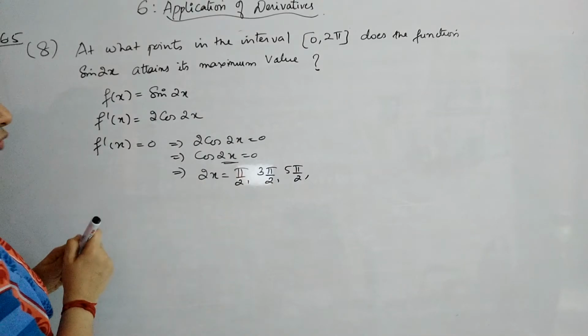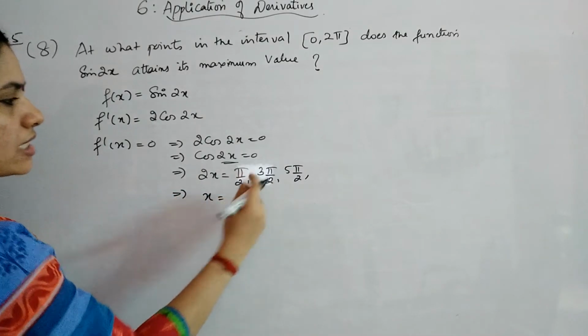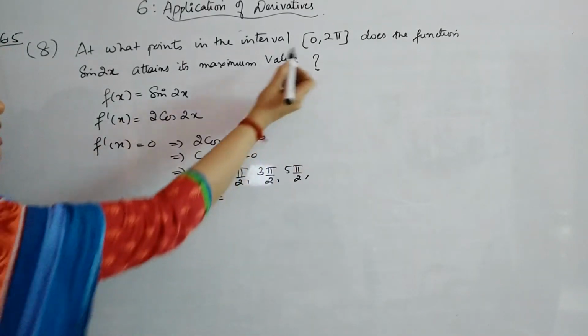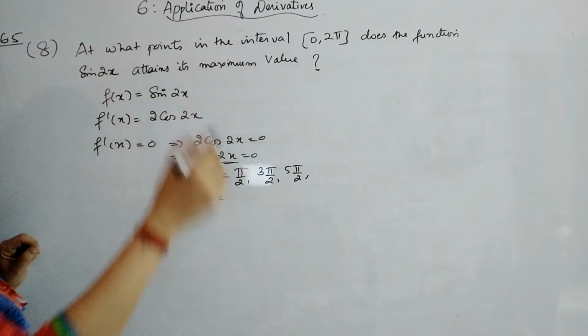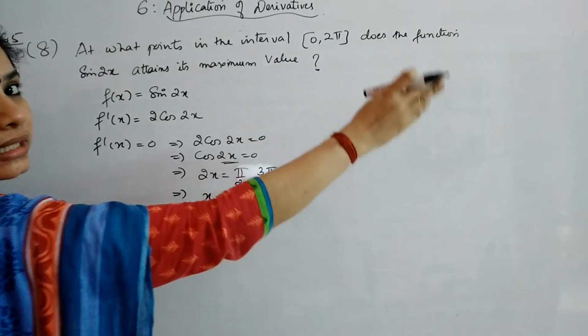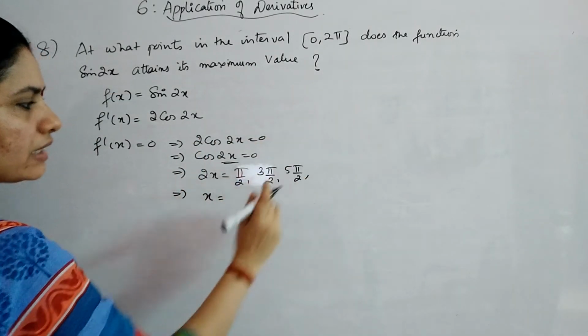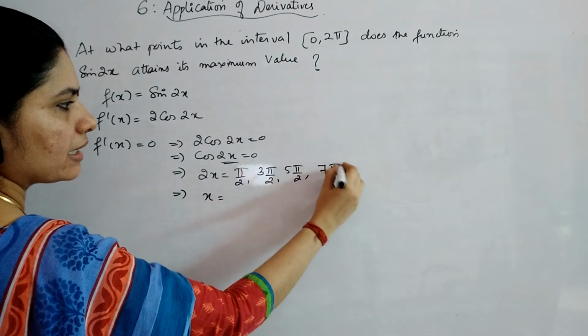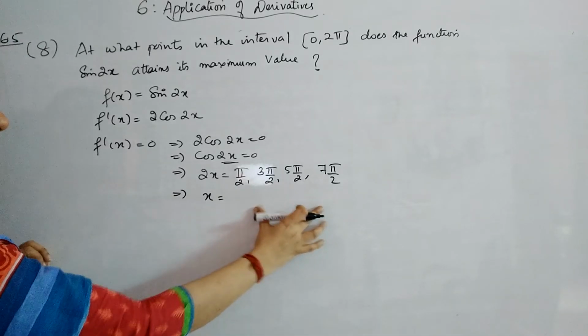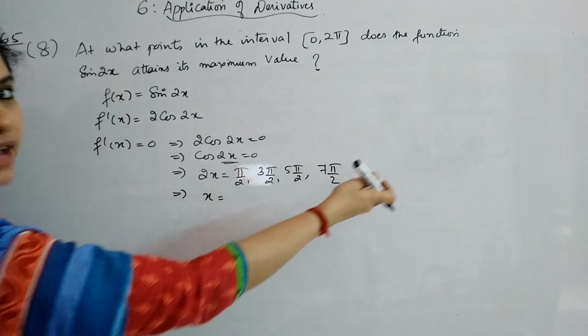So what first we will do is find out what x is equal to, so that it can be decided how many values we have to choose, because the interval is given to be 0 to 2 pi. So inside that interval only we have to choose the values. It will go on like this, right? So till where do we need to find out? Suppose I am writing till this, and then after that finding out x, I will decide whether I have to neglect this or take more.